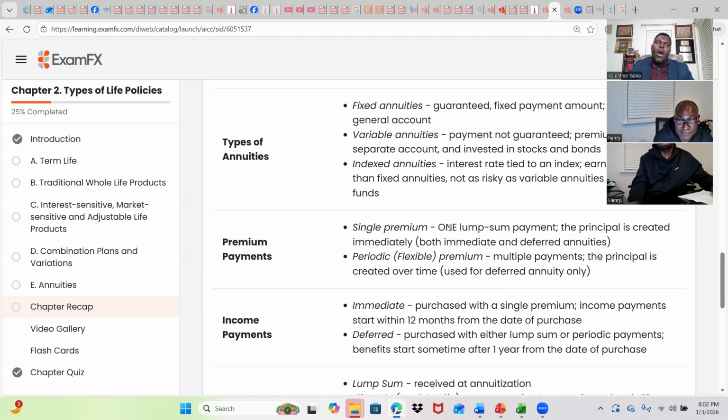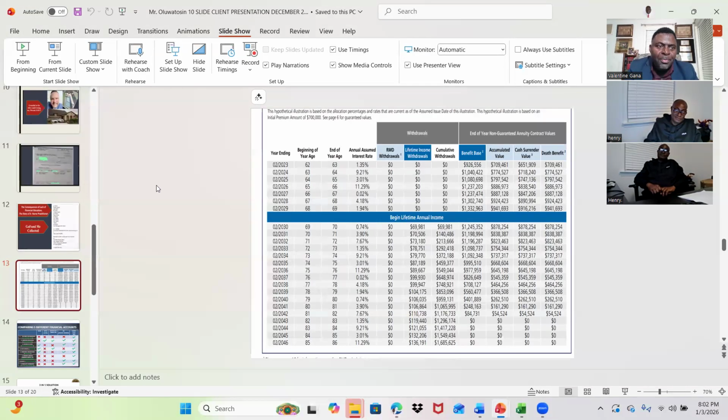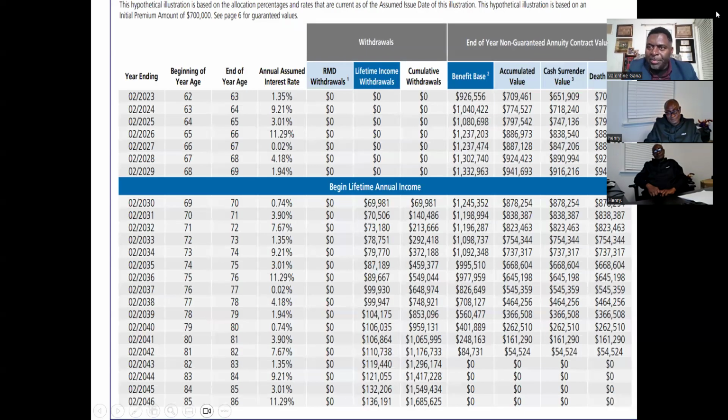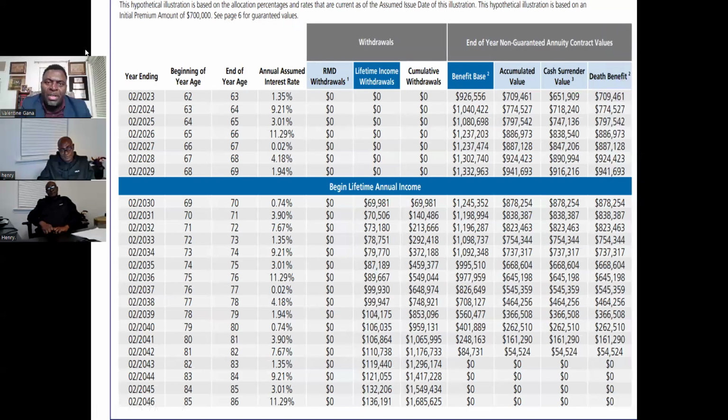Okay. So when you've rolled money into an annuity, you contract to have that annuity for a certain number of years. So you cannot just roll it. Let's go to this practical example here. All right, this is the annuity. So we roll over this $700,000 and we bring it here. This is a 7-year annuity. Year 1, 2, 3, 4, 5, 6, 7. So we contract to have the money in this annuity for 7 years.